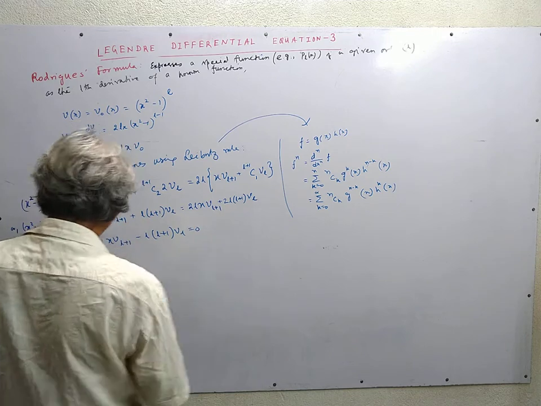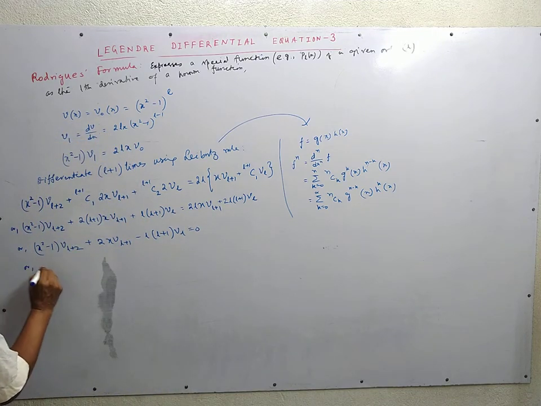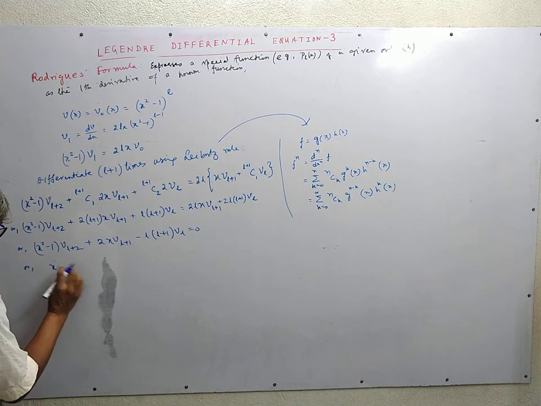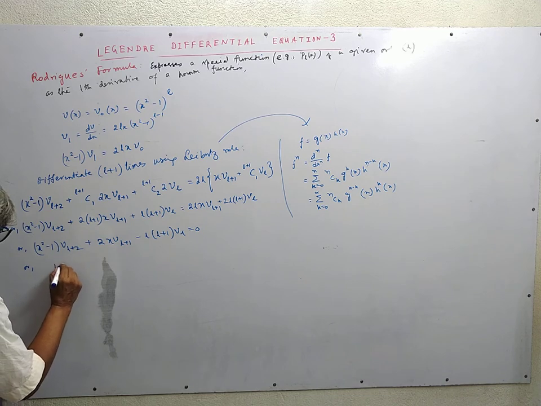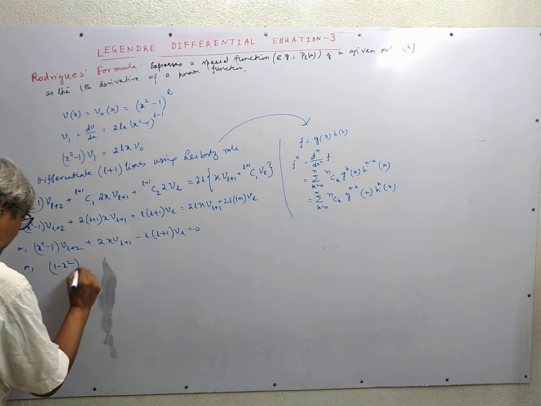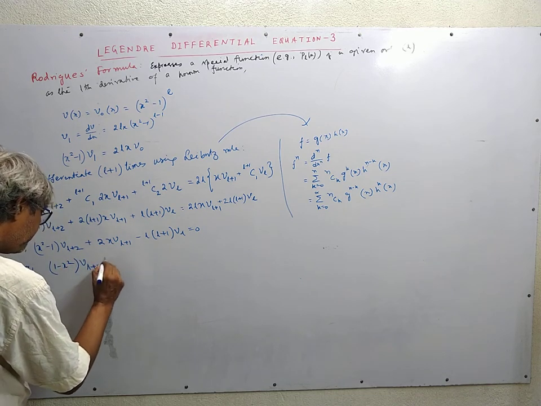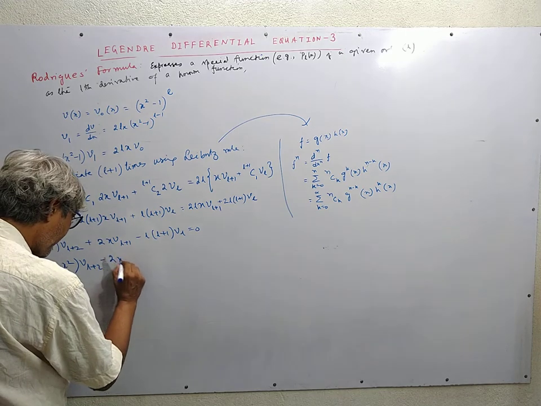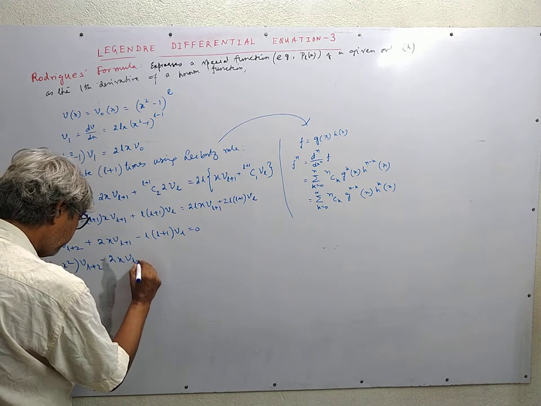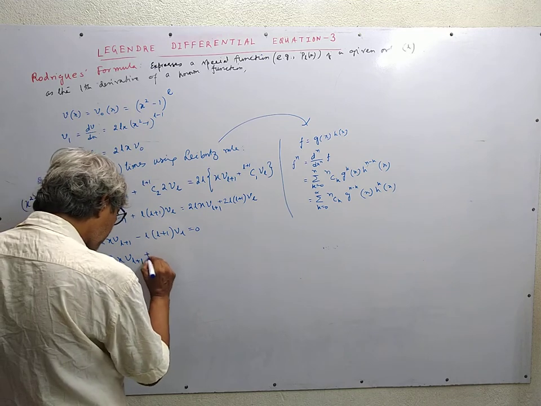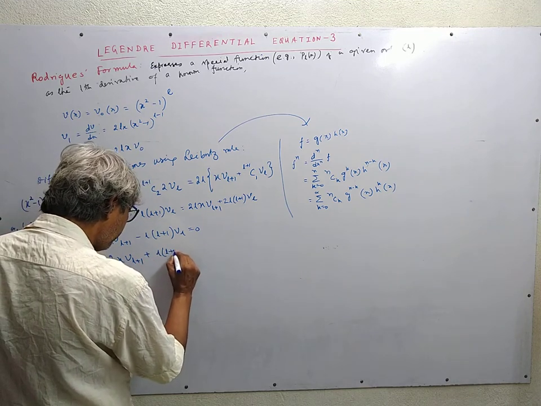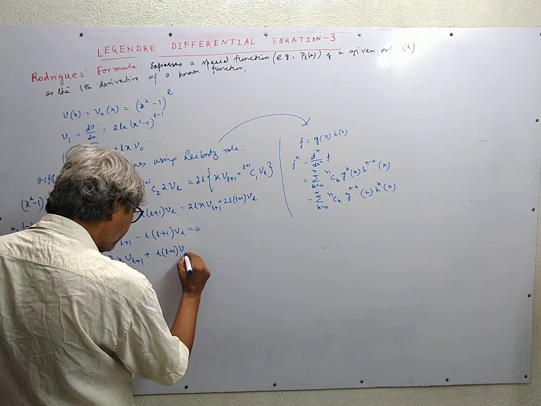There is the adjustment. Or we write 1 minus x square bl plus 2 minus 2x bl plus 1 plus l into l plus 1 bl is